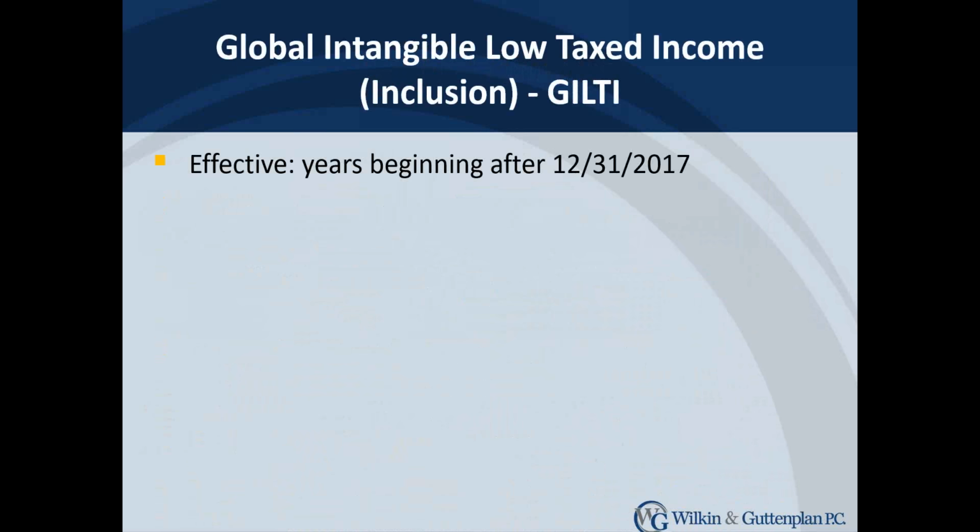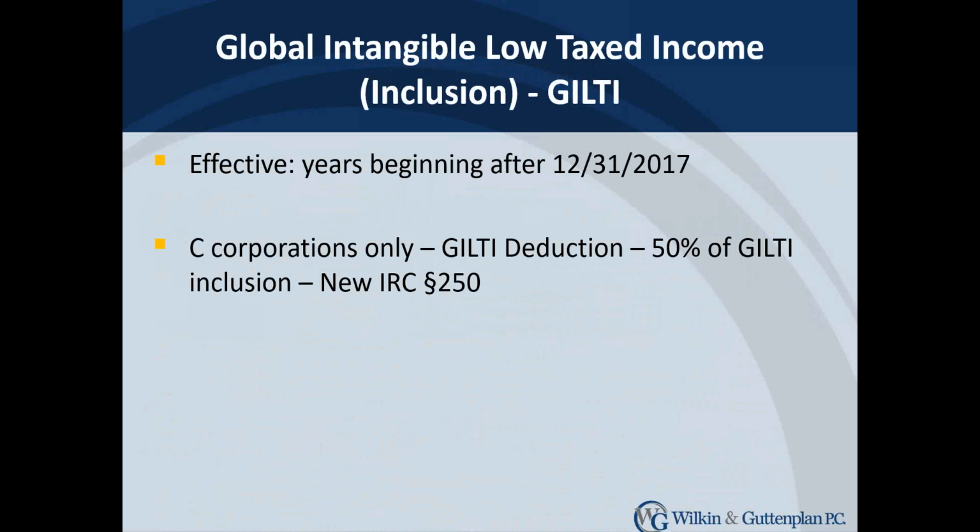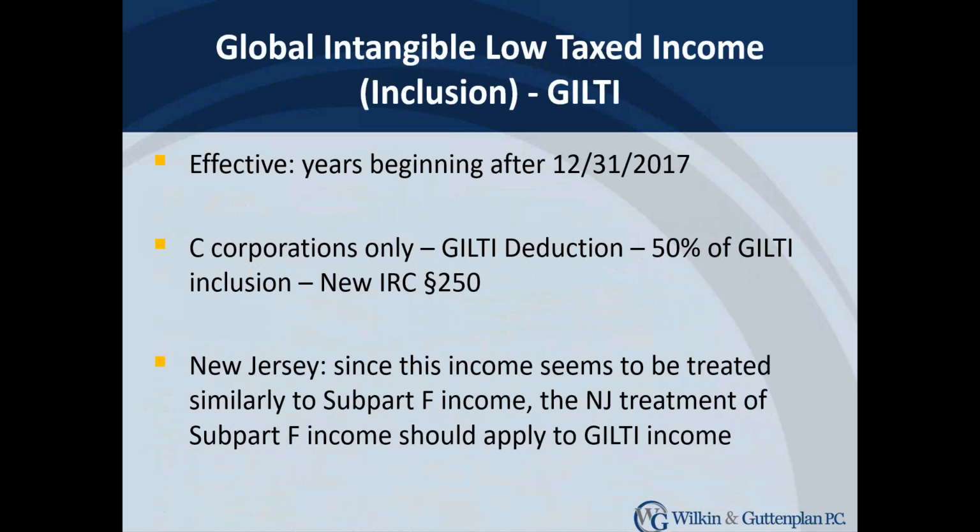Oh, there's another slide. It's effective for tax years 2018. Now, I've talked about the inclusion. The inclusion that we've spoken about applies to all taxpayers who own a CFC. Consistent with the idea that this law seems to favor holding CFCs and foreign operations in C corps, C corps get a GILTI deduction, which is a deduction of half of their GILTI income. That's the new Section 250, but that applies to C corporations only. So it really stacks the deck towards C corporations.